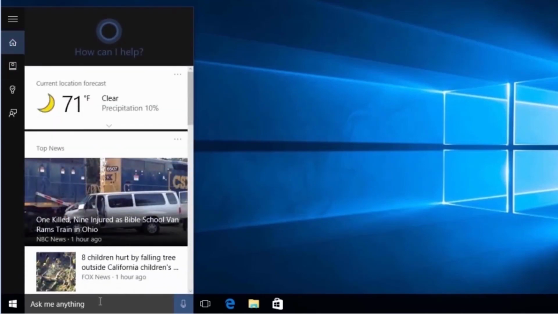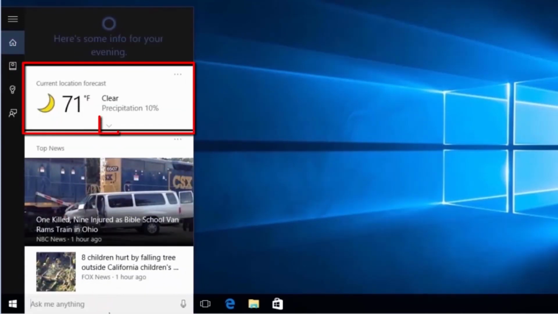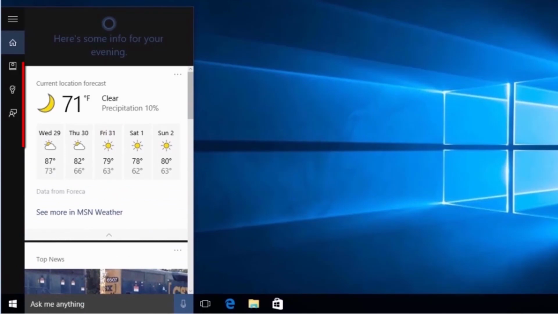Selecting the down arrow at the bottom of a card like the weather card here will expand the size of the card to show more detailed information like the weather for the next 5 days. The top right of each tile has a menu button represented by 3 dots.